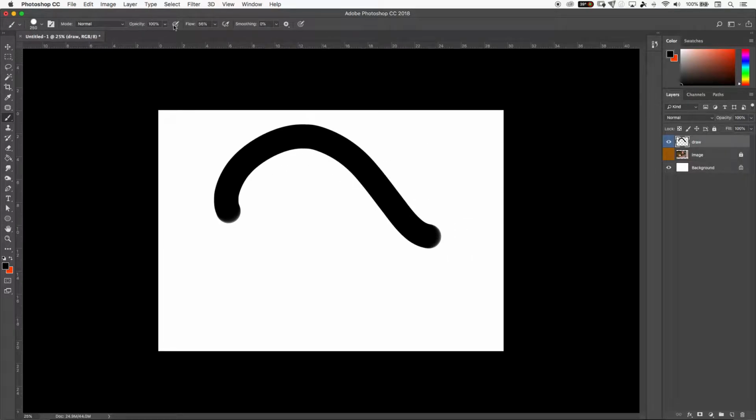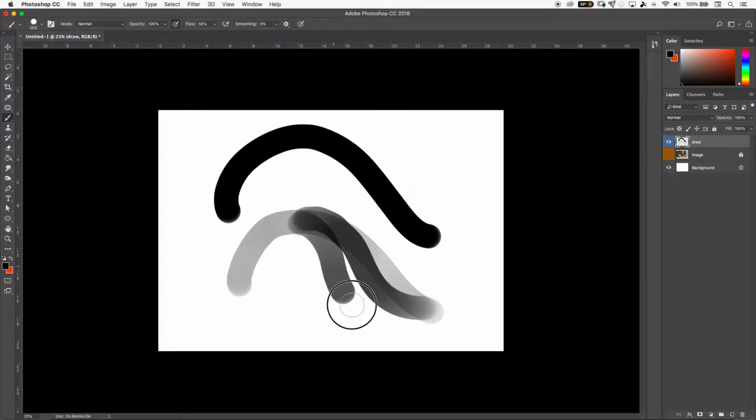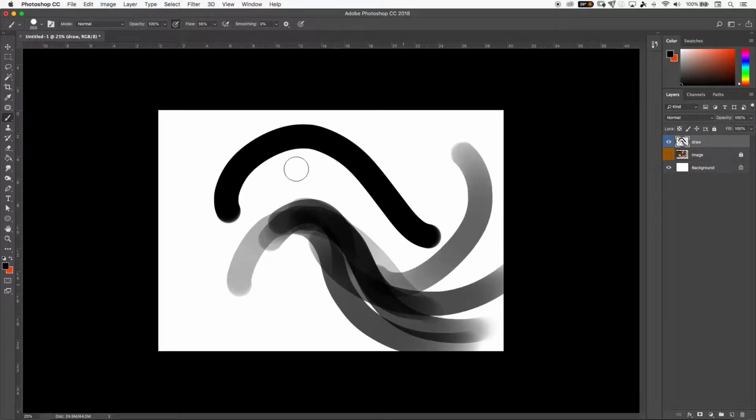Now if we have a look up the top here, there's our manual opacity. We can actually set opacity for pen pressure. So it's this little button here, always use pressure for opacity. I'm going to click on that, and now what I'm going to find is that the pressure is based on opacity on my brush. So as I brush, the harder I press, the darker the lines are going to be. Cool. So I'm going to get rid of those again,